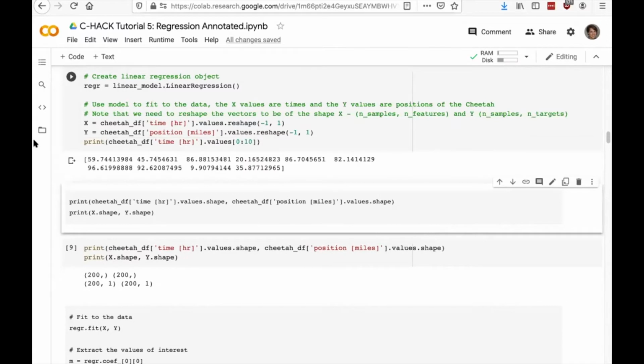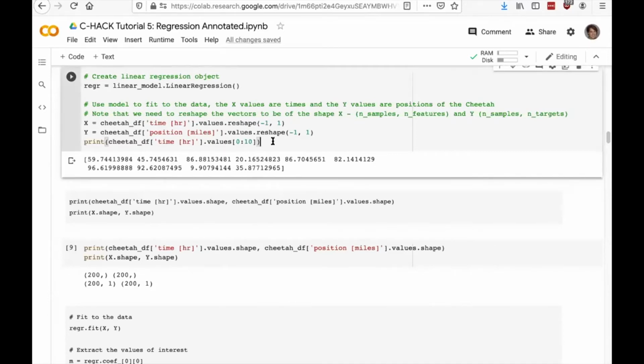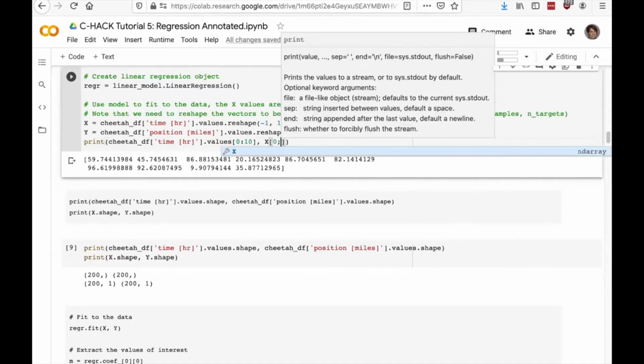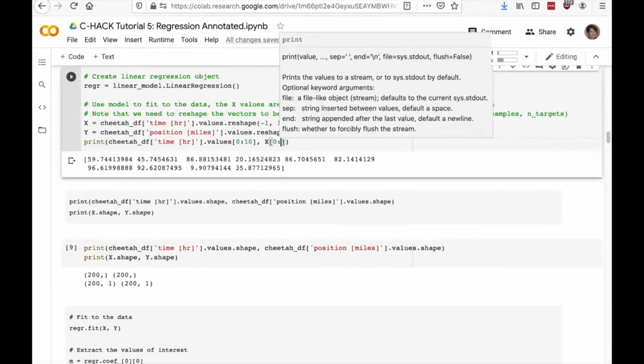What I see is a single array, right? So it's length 10. On the other hand, if I print right after that x from 0 to 10,